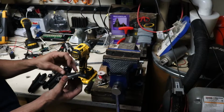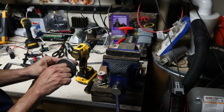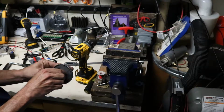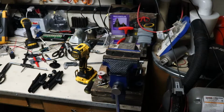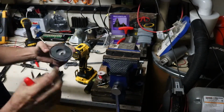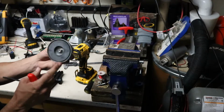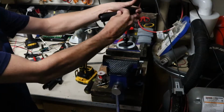So I'm going to take my magnet and take my piece that I just drilled, take my 6x1 screw, and let me go grab an Allen wrench for this. So I just put a dab of Loctite on the threads and then crank this thing down. So now it sits like that, and then I can take my RAM mounts,